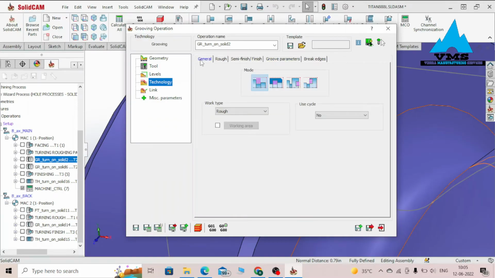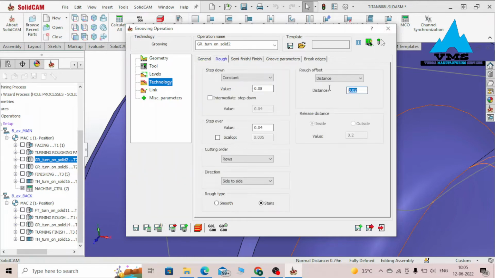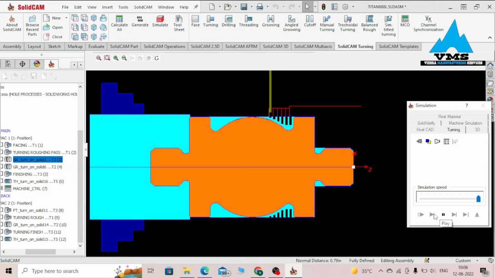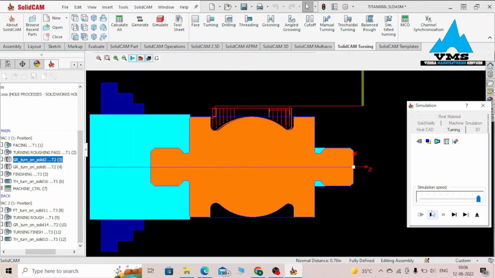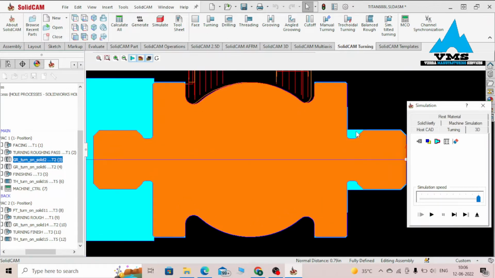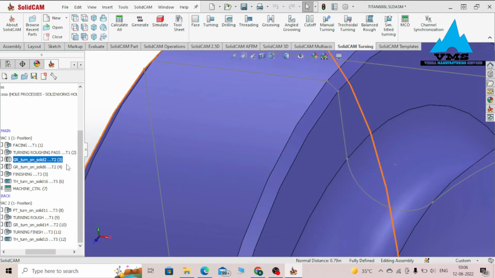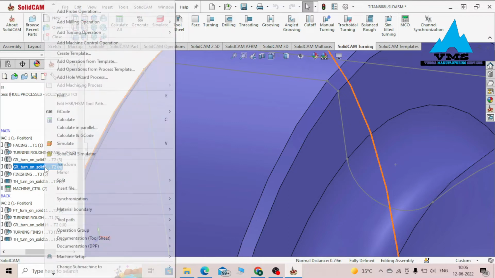Technology, we have roughing pass and of course long external. We got a roughing pass and we got a finishing pass with compensation on. Looking at the simulation, so our next operation is performing this other groove at this end. Looking at our groove operation,